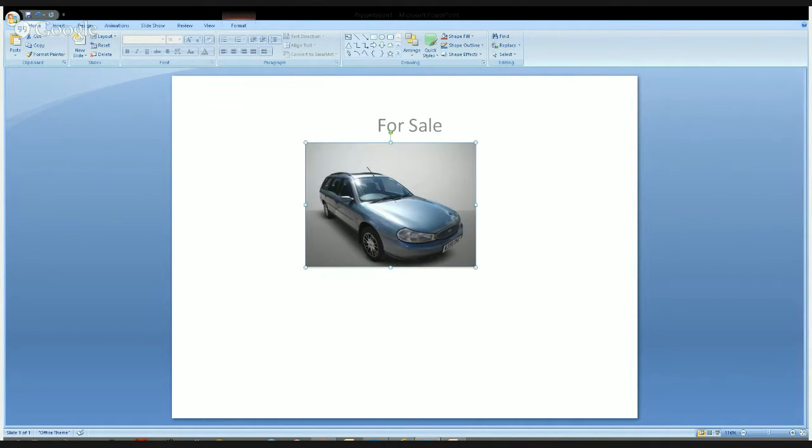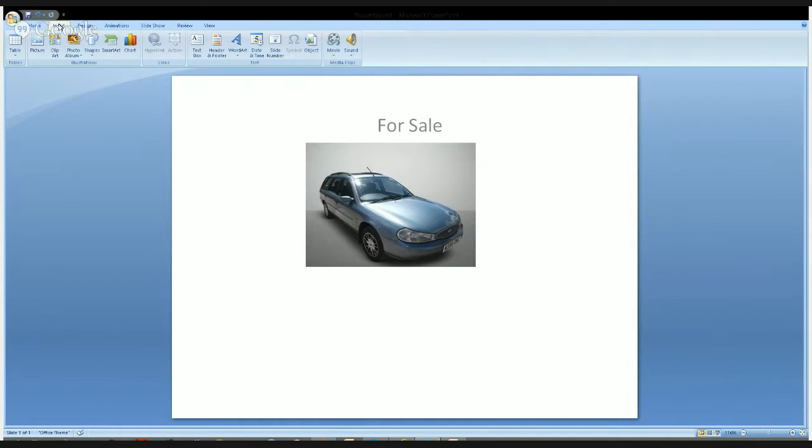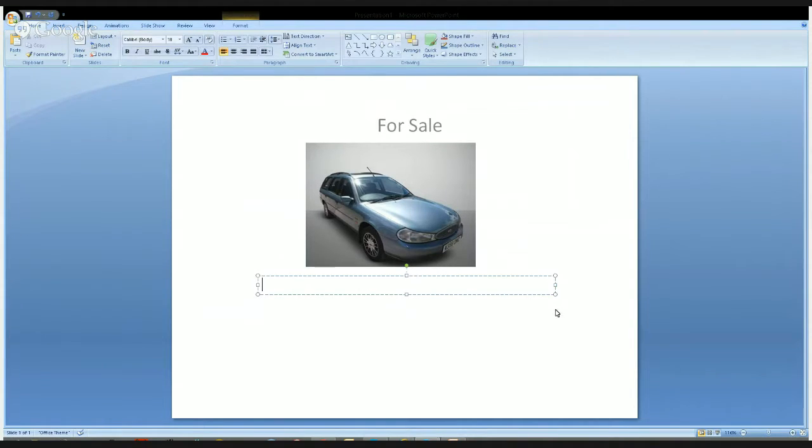Don't know what it is. Let's just have a look. Perhaps going to need to put a bit of text in. I'll go back and dig that out of the advert. What is it? There we go.